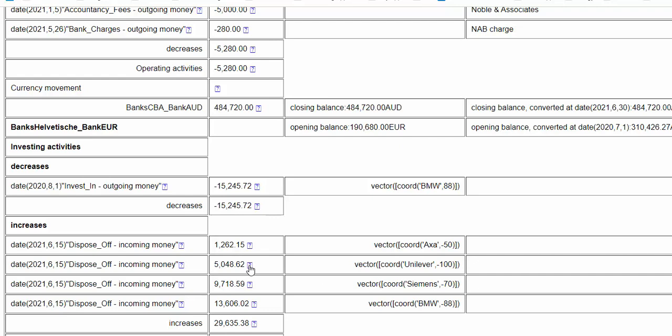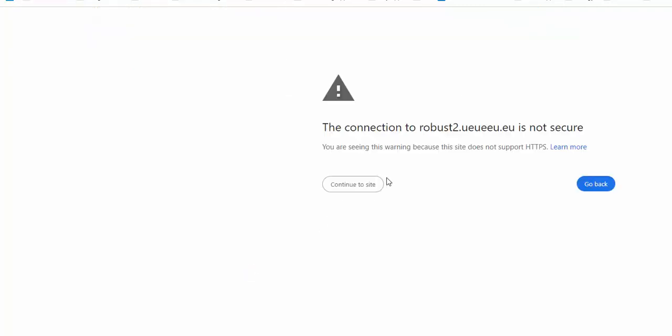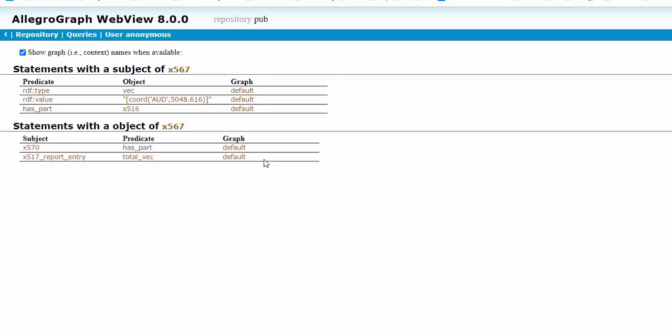So let's have a look at that dollar value, and that will give us access into the actual transaction itself from a graph database perspective. Now, at this stage, we haven't made this human friendly, but at least you can see what we're looking at in terms of accounting data sitting within a graph database, at least an RDF graph database,